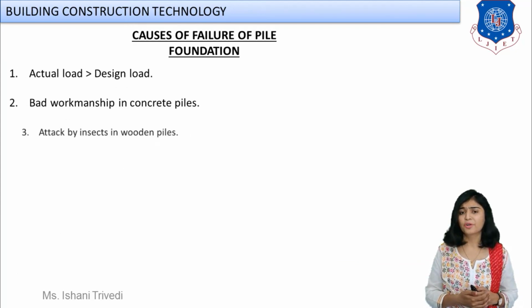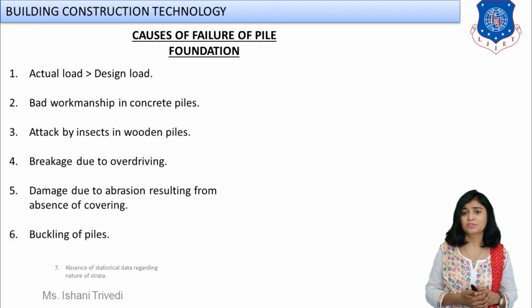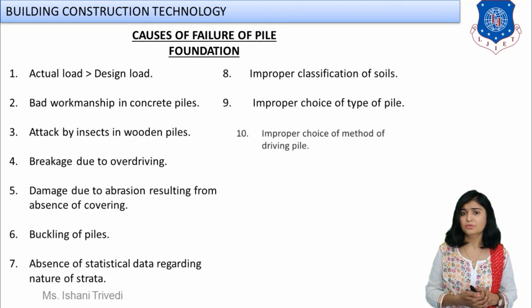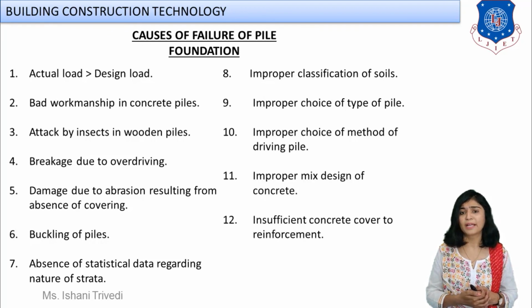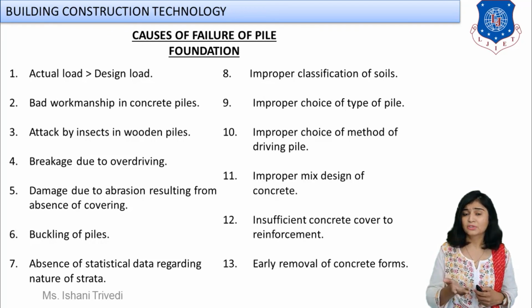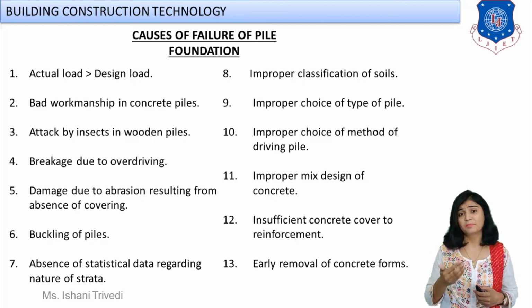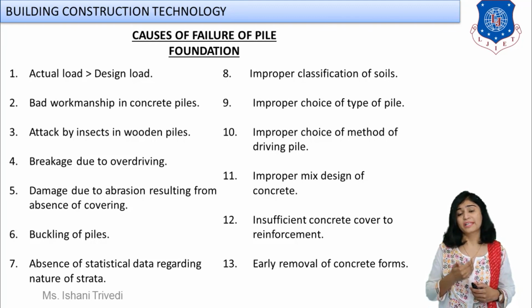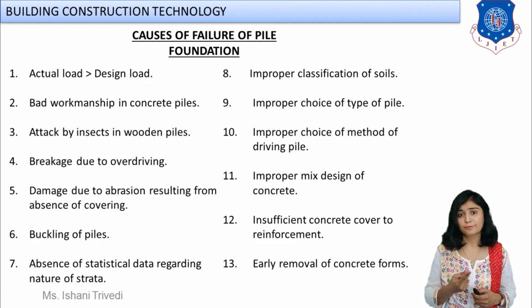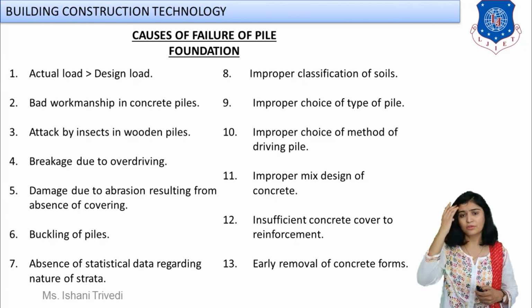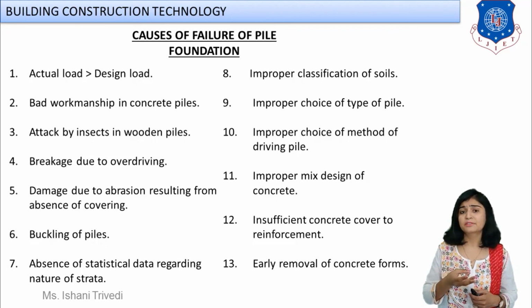Now students, we are moving forward with the last part, that is the causes of failure. If you have understood all types of pile foundations and pile members, then you will be able to write on your own what the probable causes of failure can be. For instance, you can say that you are selecting the wrong type of pile member, the wrong method of pile driving, or you have done improper classification of soil. You can say that the mix proportion or mix design is improper, your workmanship is not good, or your concreting work is faulty. All of these cases are common.